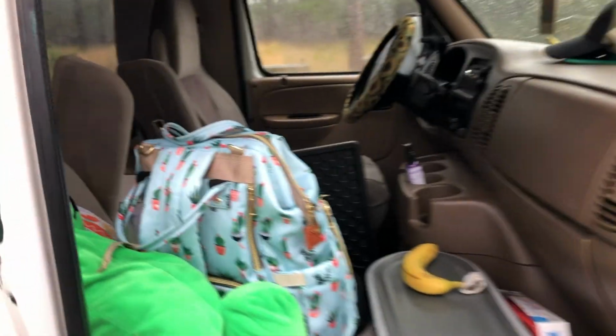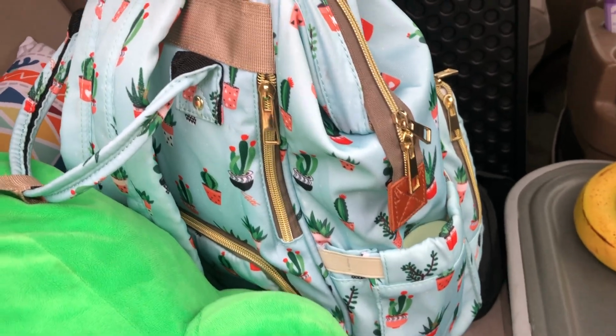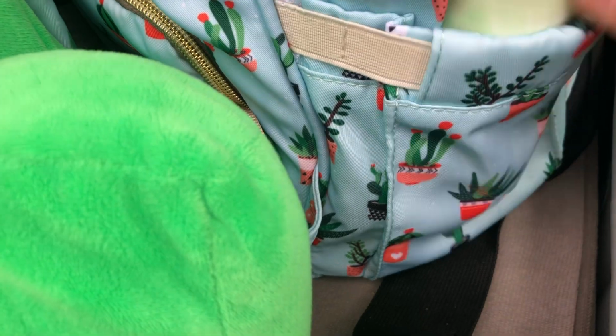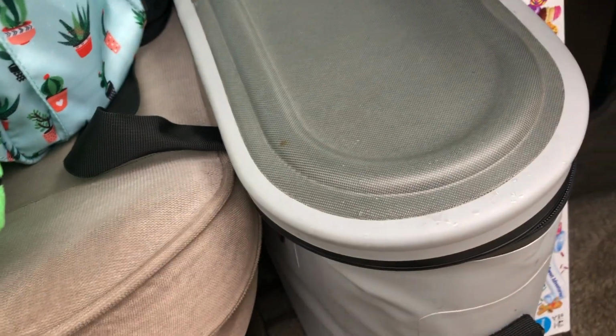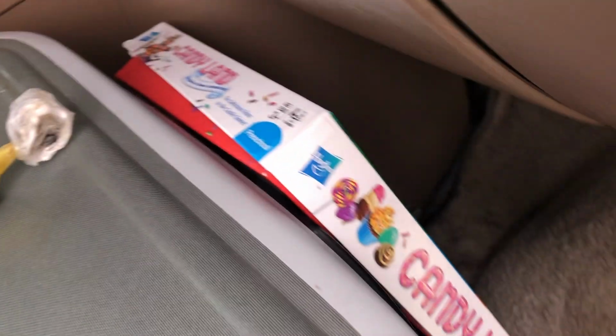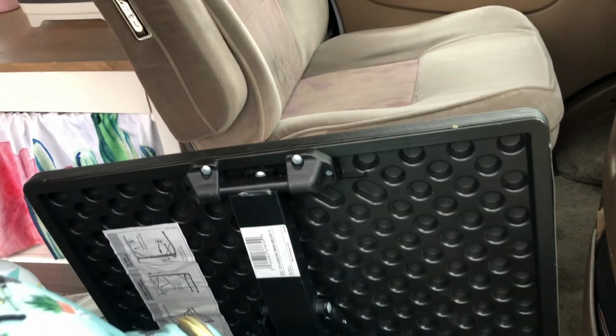Alright, so here on the passenger side, I have Levi's creeper, Fiona's pillow, my bag, which there's a lot of stuff in my bag. Sunscreen did not work for my shoulders, but I tried. Here, you won't believe it, but there's more food in here. I know. Banana, here's one of his games. Just kind of randomly there. My hand sanitizer, a table to use,